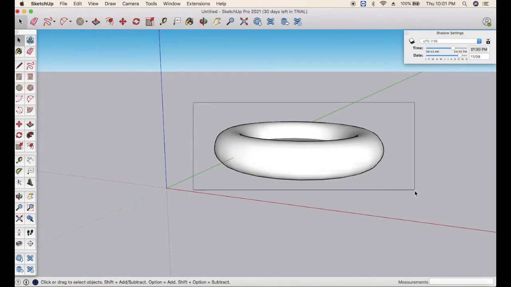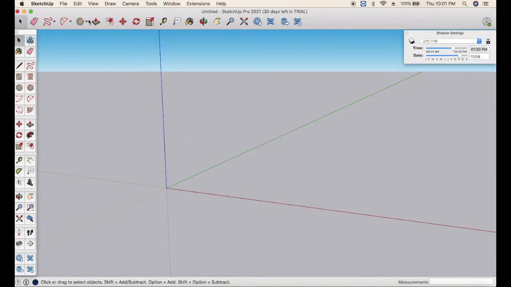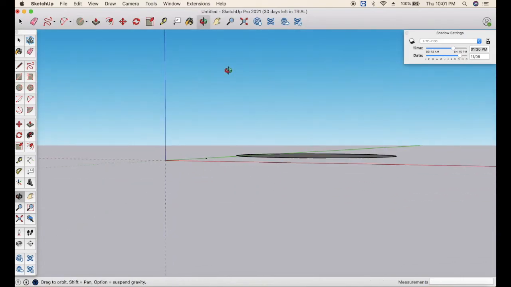Let us try to form a sphere. For doing the sphere, the same thing needs to be done. Let us form a circle here. Let us form another circle in the green axis. But in this case, in case of a sphere, you need to form it in the center, right?